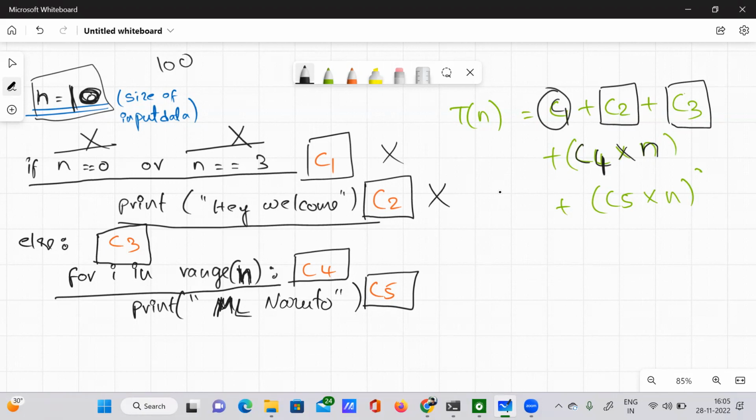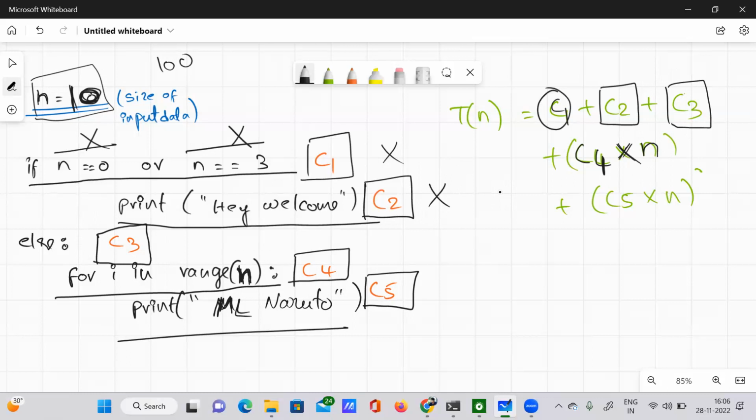In the earlier statements, we don't have any kind of loop here. That's a direct statement. It's just checking whether n is equal to 0 or 3. If it is meeting the condition, then it will print the statement. But here that's not the case. After checking the condition, after confirming that n is not 0 and 3, it will enter into the loop for n number of times here. So that's why I am multiplying my C4, the time taken by the fourth statement, by n number of times, right? And after that, C5 is nothing but the time taken by the fifth statement, that is print